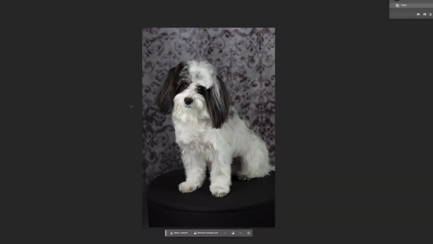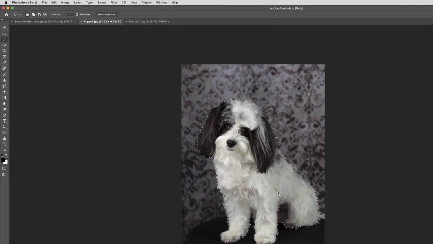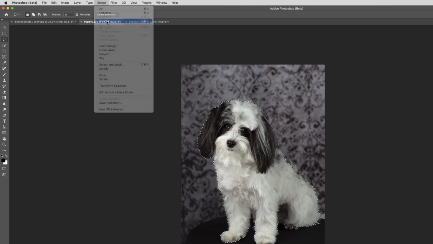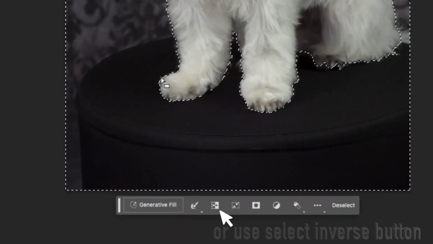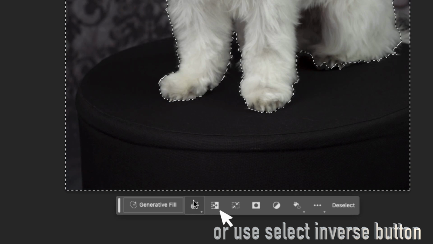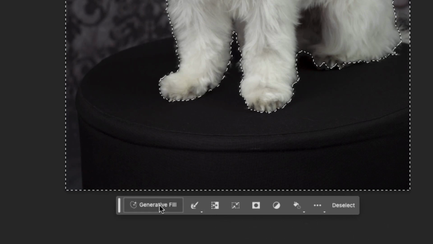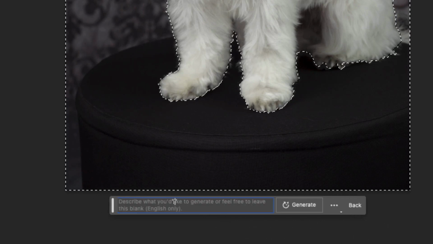Let's take a look at this studio shot of this puppy. So again, we're going to start out with select subject. Because what we want to do is select all the area around him. We're not trying to change him. We're trying to change the area around him. So do select subject. So he's selected. And then we're going to select inverse. Right there. So now we've got all this background area and we can decide where we want to put this dog. So at generative fill, we could say